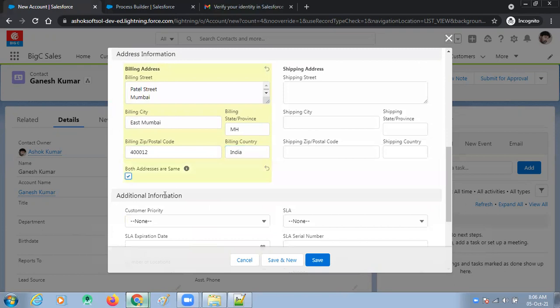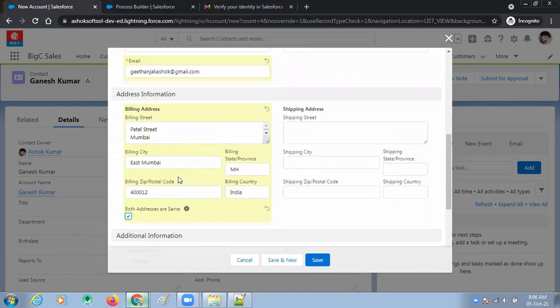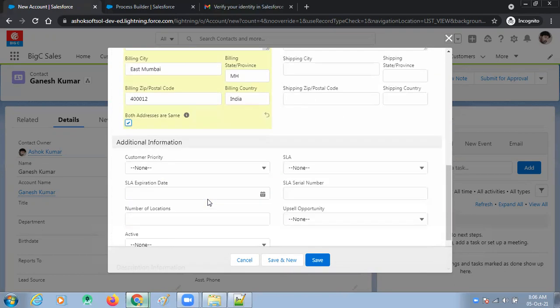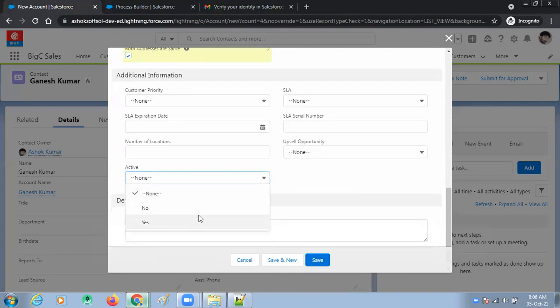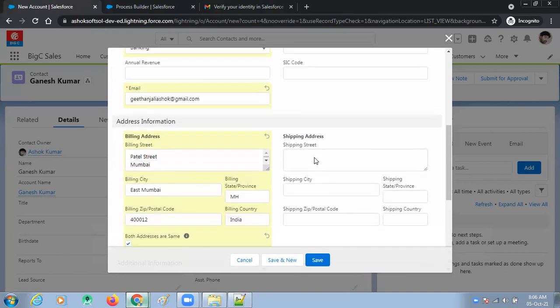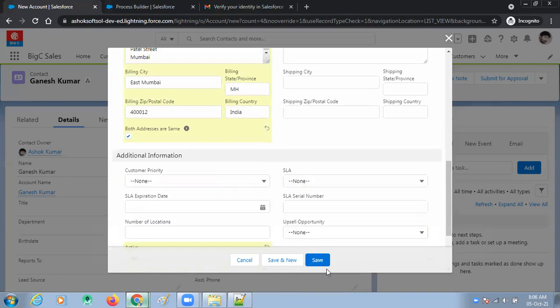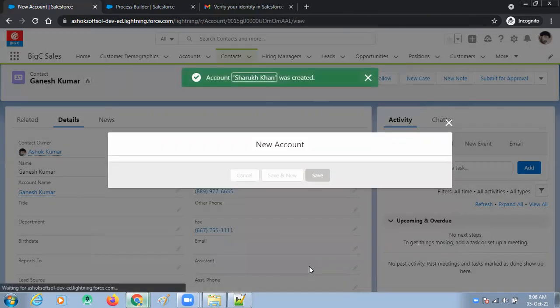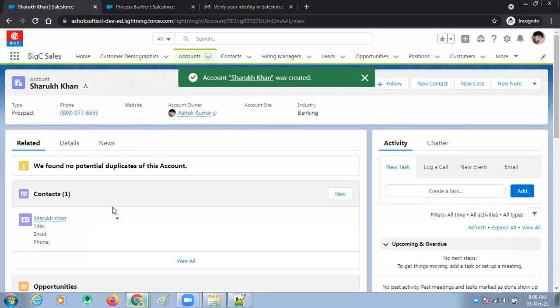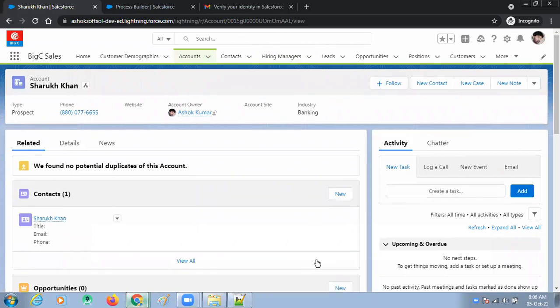Okay, I'm copying this. What about Gitanjali Ashok, which I gave? And active status equal to yes. All the conditions are satisfied. Fax number is 1, 2, 3. Saving this contact. These details are automatically saved on the contact. Look here, now our conditions are met.